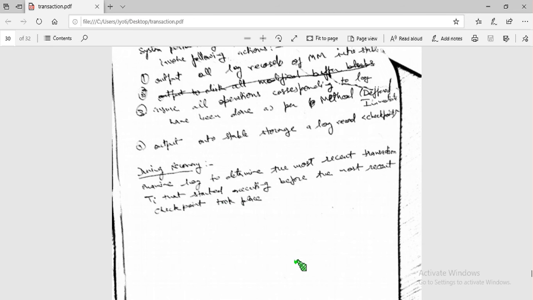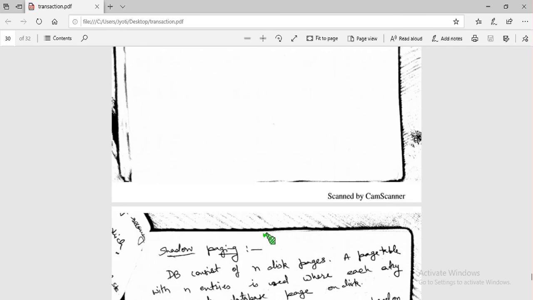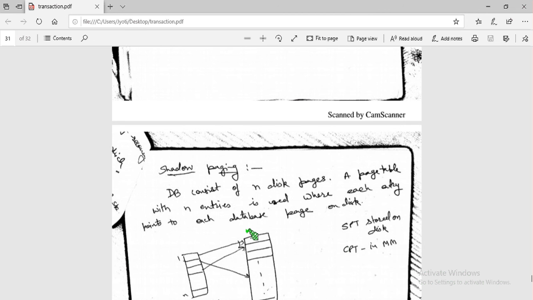So checkpoints just ensure that everything before that is perfectly fine, the database and main memory are all updated, atomicity is followed, so no need to do anything. Next we will see shadow paging.